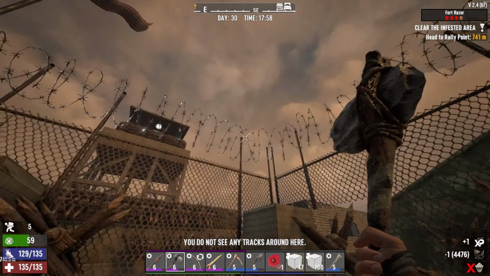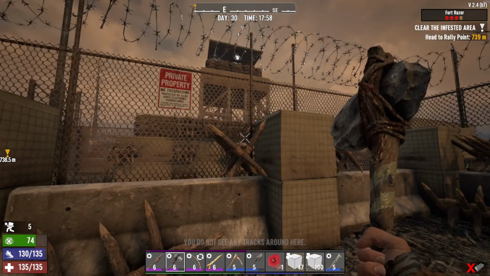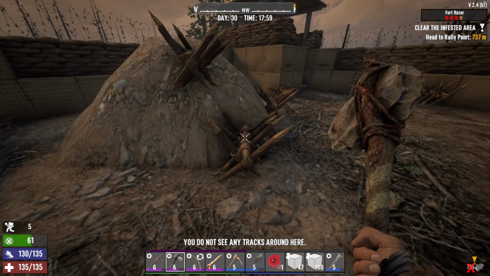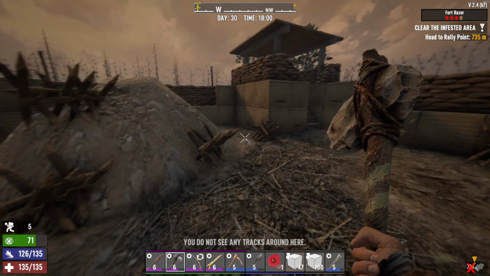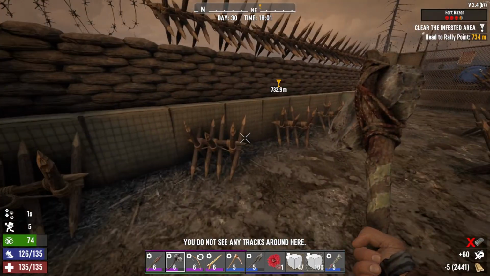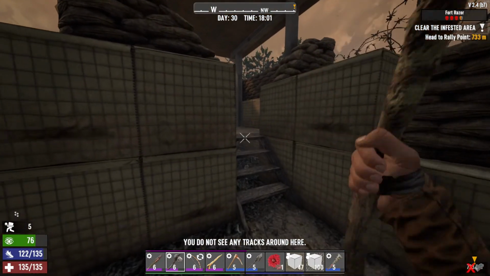Yeah, see, they've hit all this barbed wire in here. Now, I believe that it's also because of a certain amount of decay value that is